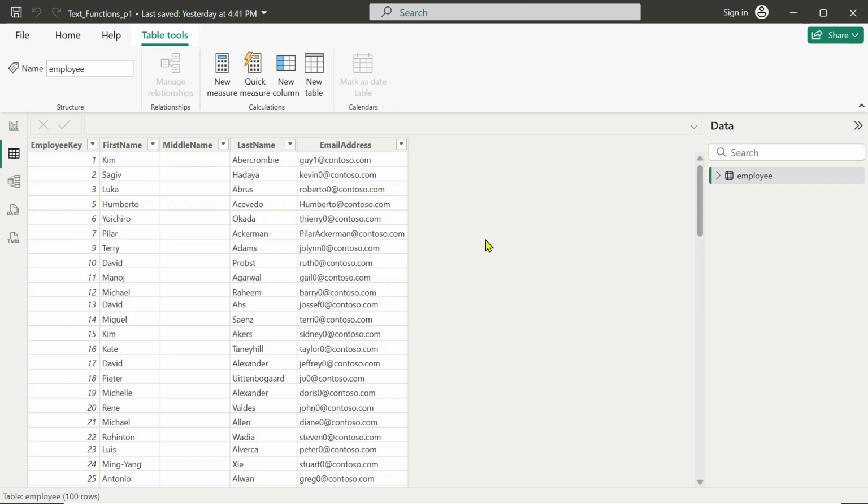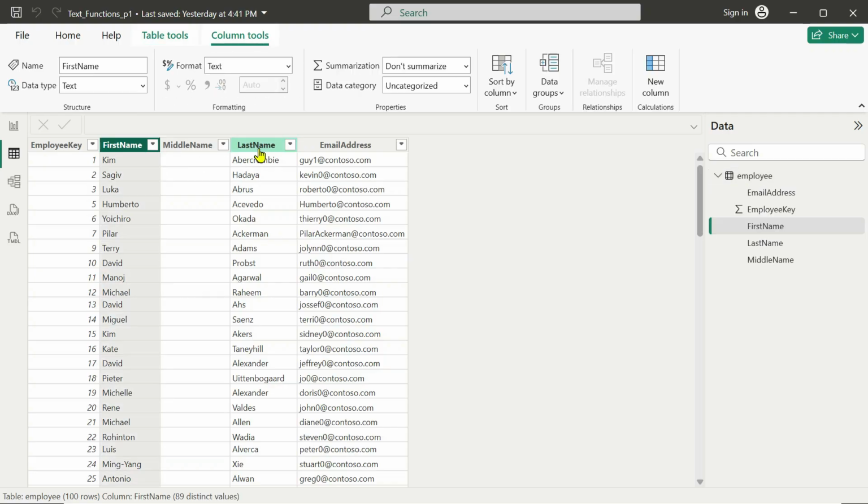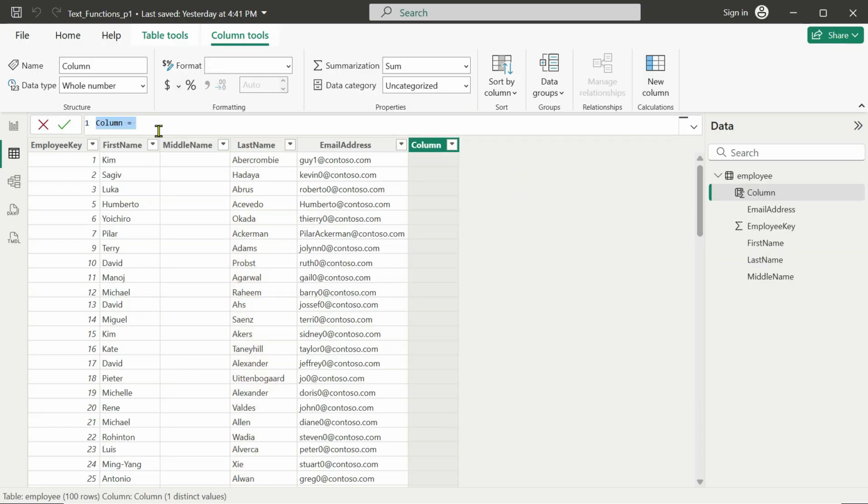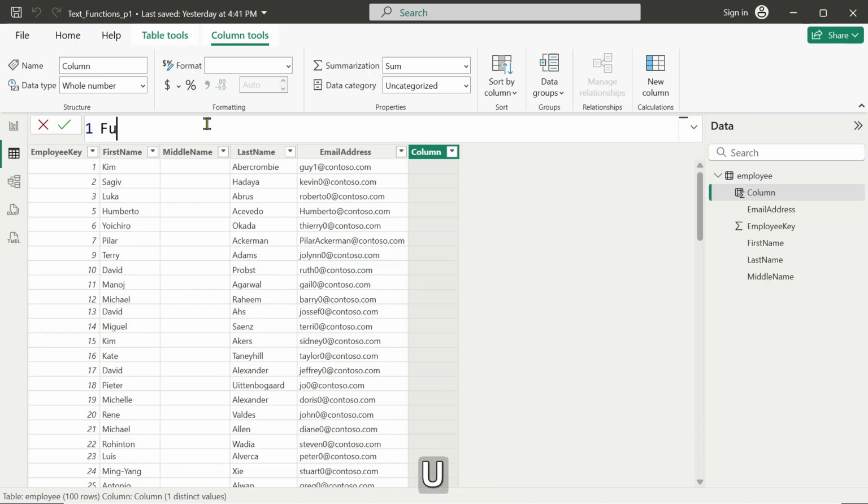But right now, as I'm working with iterating functions, I will be working in the row context, which means I will be working with calculated columns. And we have studied all that over our Power Query Fundamentals course and this DAX course right now. And suppose I want to combine the first name and the last name, the employee's first name and last name. So I'm going to create a new column, and it's a calculated column, and let me call it full